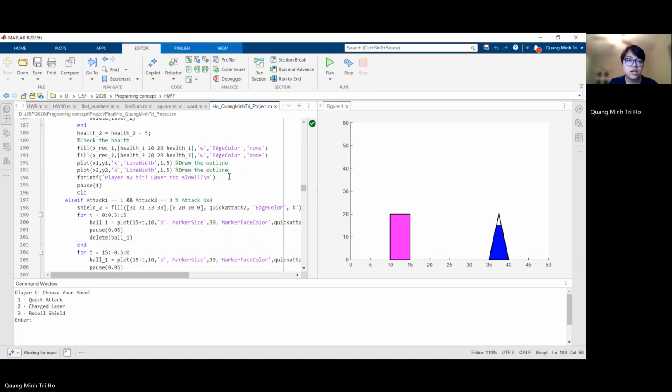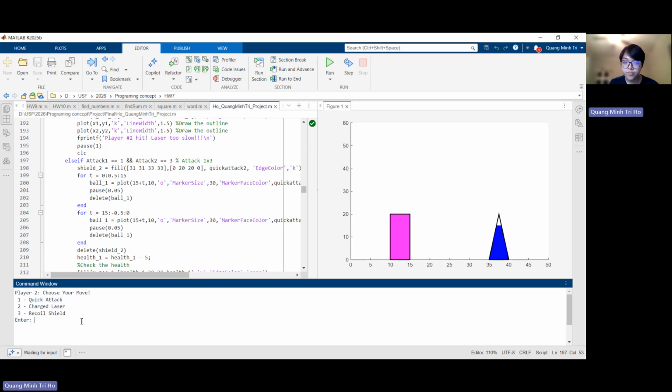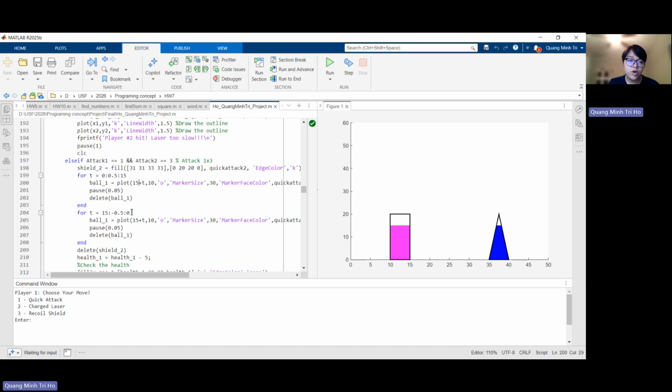Okay, so now we come to this situation 1, 3. The shield will be the thing that always stands there, doesn't move, and does nothing. And for the ball, if you touch the shield and it bounces back, that's why I have plotted 2 times. First is making the ball touch the shield. Here is the same logic. Then I will reverse T to go from 0 to 15 and not 15 to 0, and each time it goes minus 0.5, so that it can go backwards